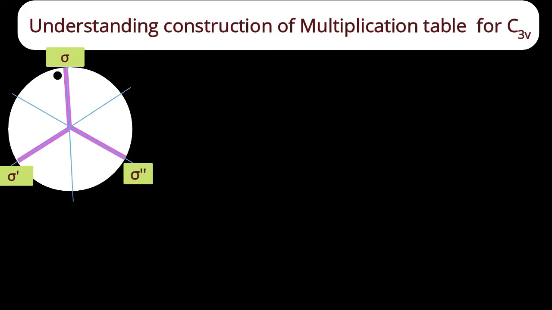If I perform the reflection through sigma dash, the knot will come near to the right side bar. But where? To the upside portion of the right side bar or the downside portion? Absolutely, it will remain in the downside portion of the sigma double dash. If I perform the sigma double dash operation on this molecule, then where will be the position of that knot?